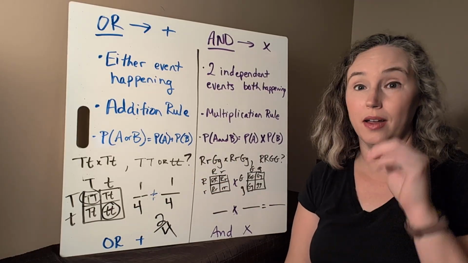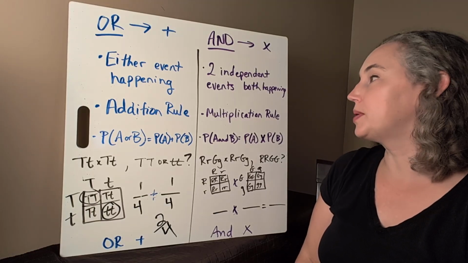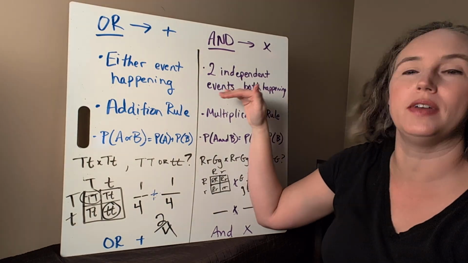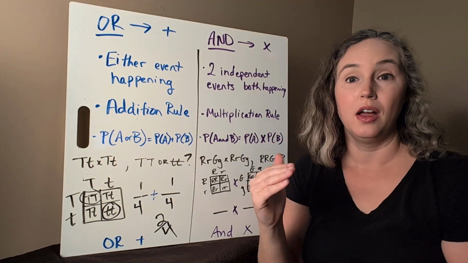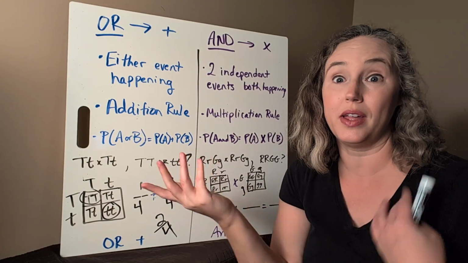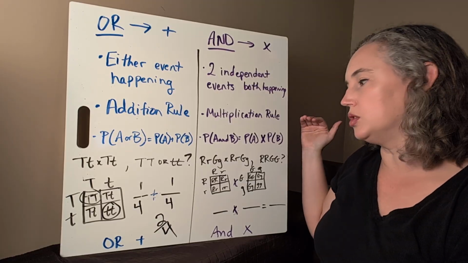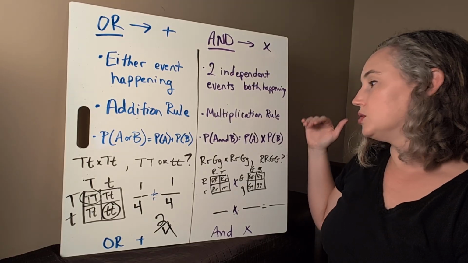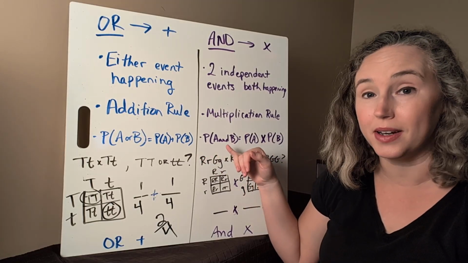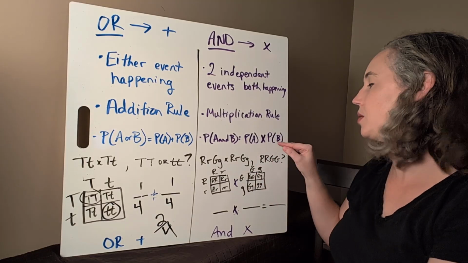Now, what about those and times? We're going to use the multiplication rule when we're looking at two independent events both happening. So the result of one doesn't influence whether or not the other happens or not. In that case, we're going to use the multiplication rule. Multiplication rule says the probability of A and B happening equals the probability of A happening times the probability of